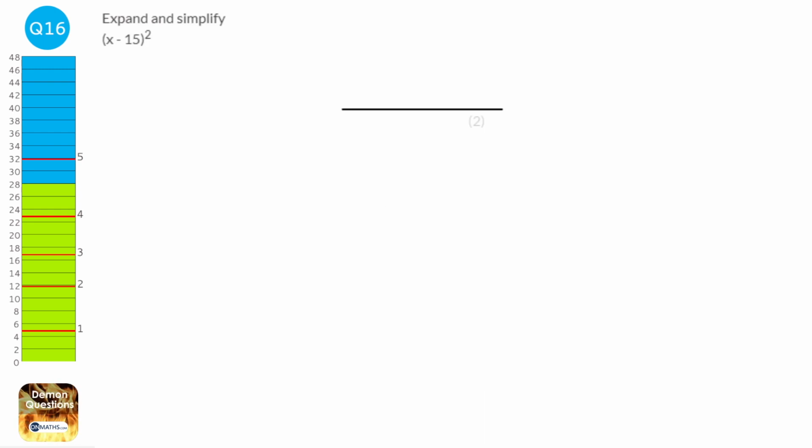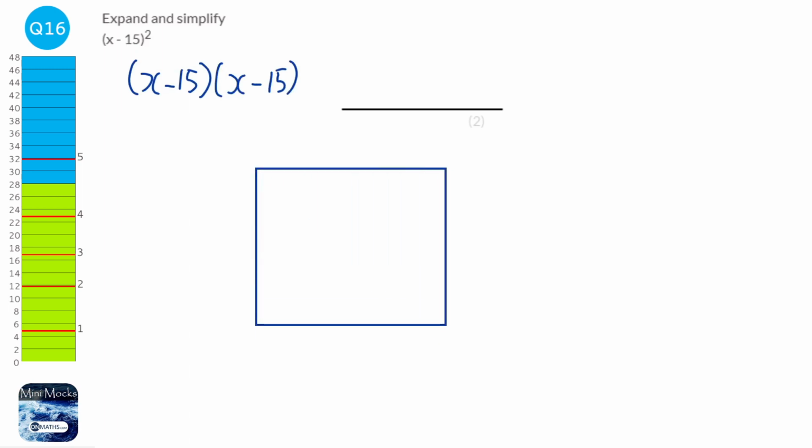The most important first thing that we do is whenever you square something, you times it by itself. So we're going to rewrite this as x minus 15 times x minus 15. And then the way we approach this is exactly the same as we've done with the other ones. We're going to do a multiplication grid, and we're going to do x minus 15 at the top,